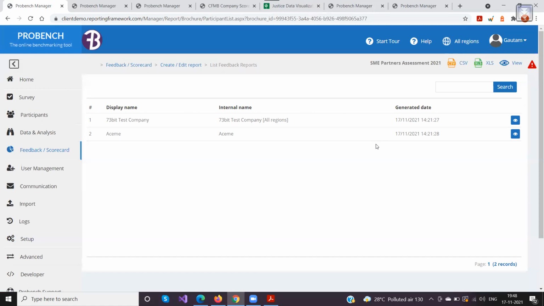If you try to generate again and the data set is not generated, it would not generate again because no data has changed in the data set, so there is no need for generating the reports again. If you want the latest data, you first generate the data set. Once the data set is generated, you can come here and click on generate all again. Unnecessary generation is not done by the system if the data is not updated anyway.